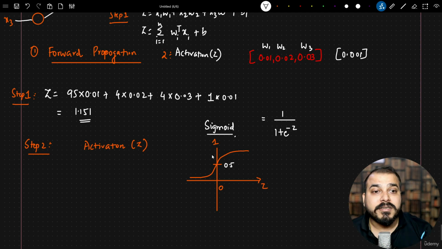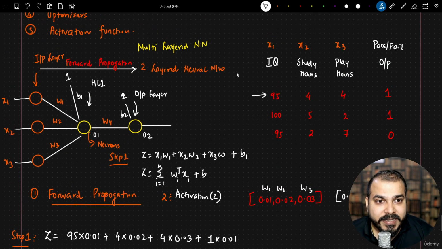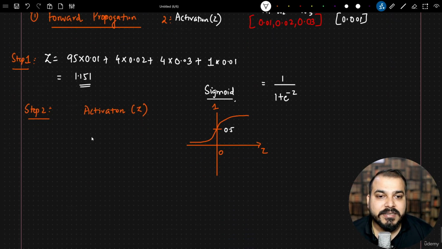And this is all possible because of the correct weights. Right now, we have just initialized the weights. We need to train this entire model in such a way that we get the exact weights. Okay. So here you can see that in step 2, what I did over here,